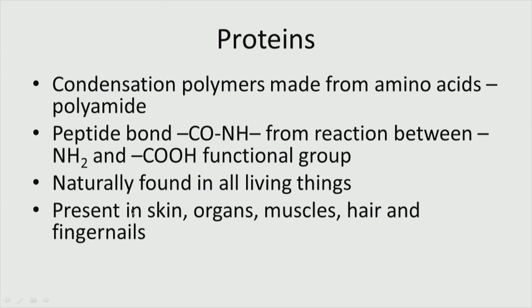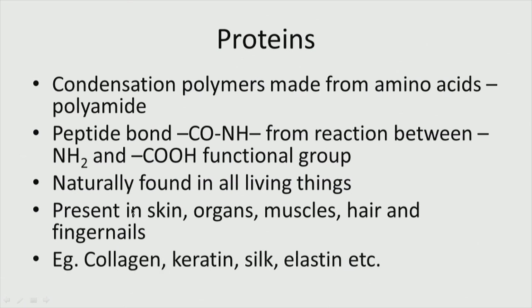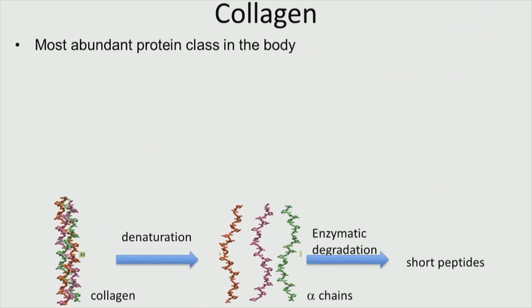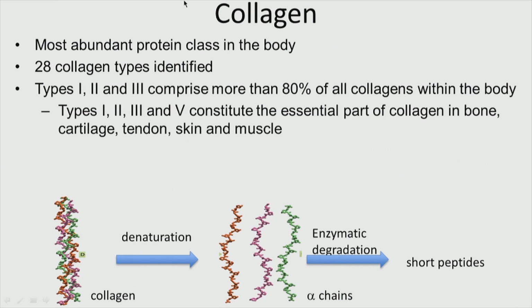They can find application in wound dressing and so on actually. For example, collagen, it is widely found in our body, keratin, silk, elastin. So all of them have very good biocompatibility, biorecognition properties, okay. For example, collagen is the most abundantly found protein in the body. There are 28 collagen types. Type 1, 2 and 3 comprise 80% of all collagens within the body,